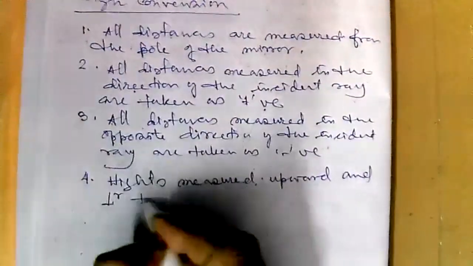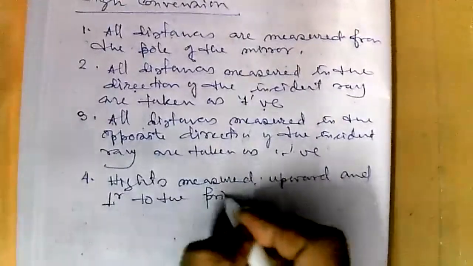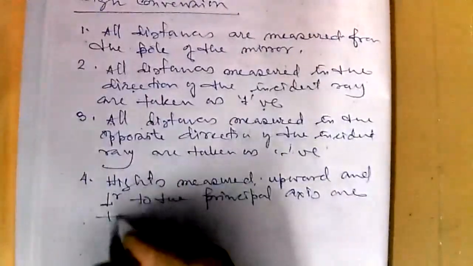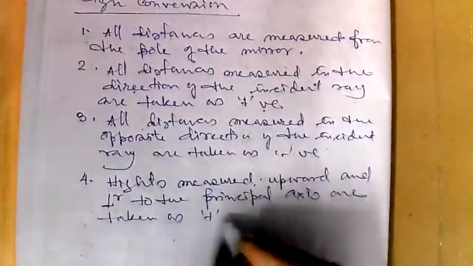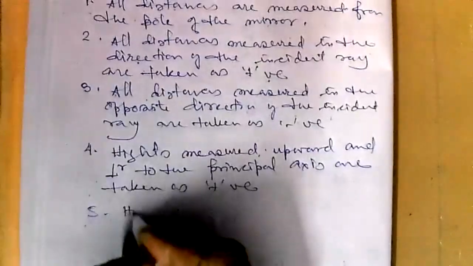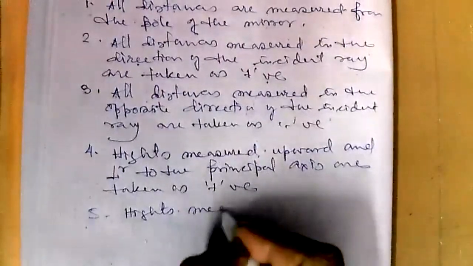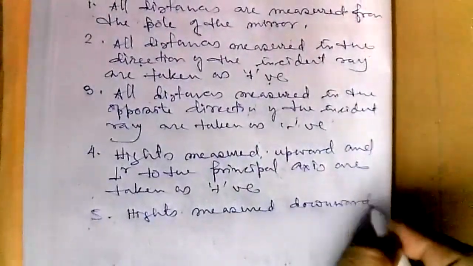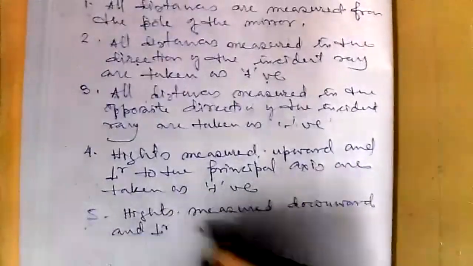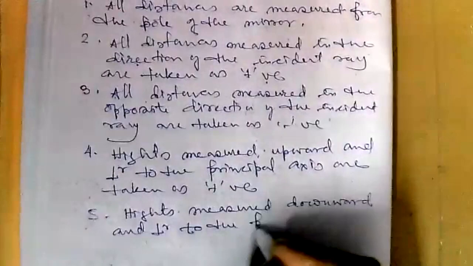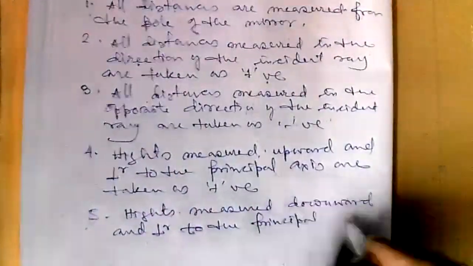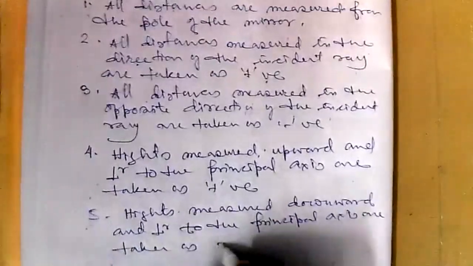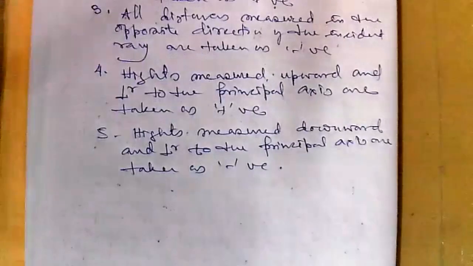Height measured upward and perpendicular to the principal axis are taken as positive, and height measured downward and perpendicular to the principal axis are taken as negative. So this is